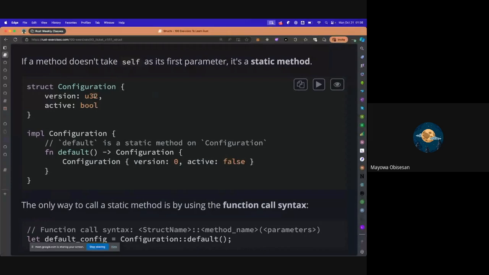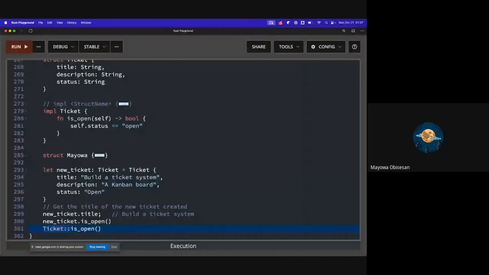So we have a struct like this. You already understand how this works, but in this case there's a Boolean and an integer type. Now we define an implementation for this configuration. Now this self simply means an instance of this. So if we were to call is open, we need to use a struct instance to be able to call it. But for static methods that don't take in